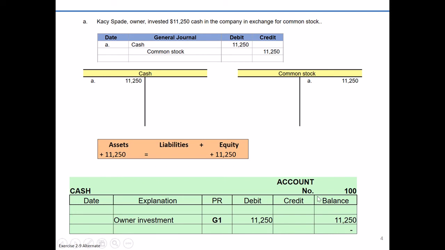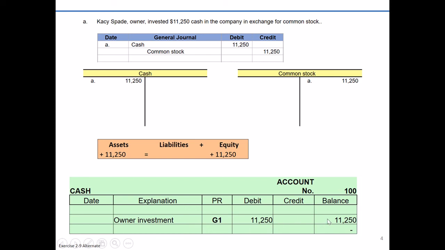The assumption is that the balance is the normal balance of the account. So remember, cash is an asset. The normal balance would be a debit. So this would be a debit balance of $11,250. So a more formal general ledger shows the impact of each individual transaction, whether it debits and credits, and